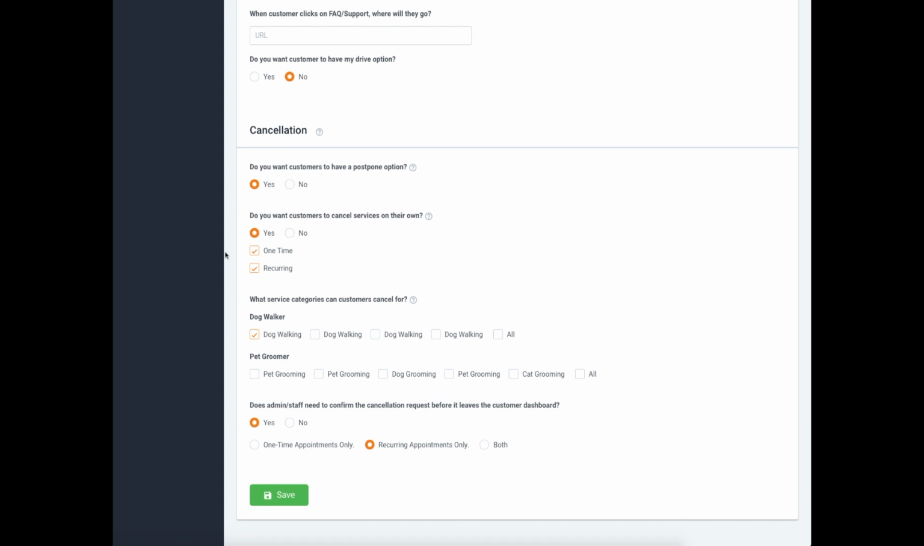Okay, and if the pop-up is activated, then all that's going to do is that when they're canceling, they now have reasons to pick from, and I'll show you in a second how that looks. And then here, what service categories can customers cancel for? And then again, if you put yes for both of them, you could decide if they could cancel all types of services or just specific ones. Okay, and then this last one is, does admin staff need to confirm the cancellation request before it leaves the customer dashboard? So if it's yes,